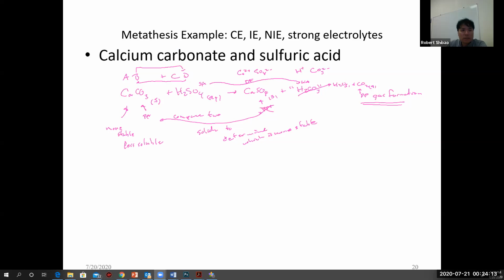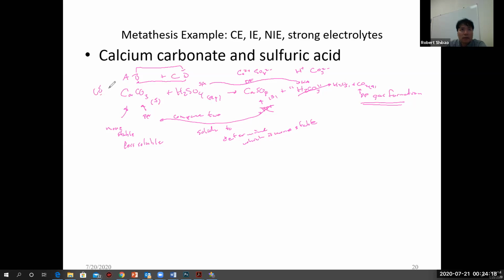For these double replacement reactions, we'd like to do the NIE and the IE. So next comes the IE. Remember, for the ionic equation, we dissociate or ionize strong electrolytes. So calcium carbonate is not a strong electrolyte because it's an insoluble salt. Soluble salts are strong electrolytes. H2SO4 is a strong electrolyte. Strong acids are strong electrolytes, but it's funny how it splits up in electrolyte properties. One H plus breaks off, leaving the other one on there.